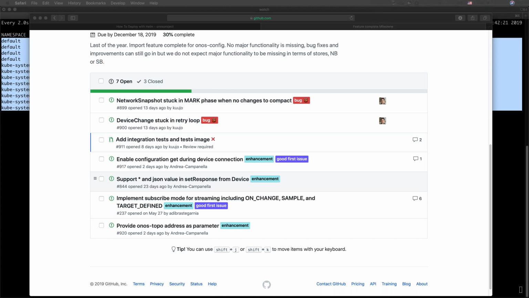We do not at the moment enable northbound subscribers to define the subscription on change, sample and target defined for the device itself. We just subscribe on the target defined at the moment. And a minor one is that we currently hard code the onos-topo address as a parameter in the onos-topo in the device store. So that will have to change. But we think that these are the things that are needed to call the onos-config service